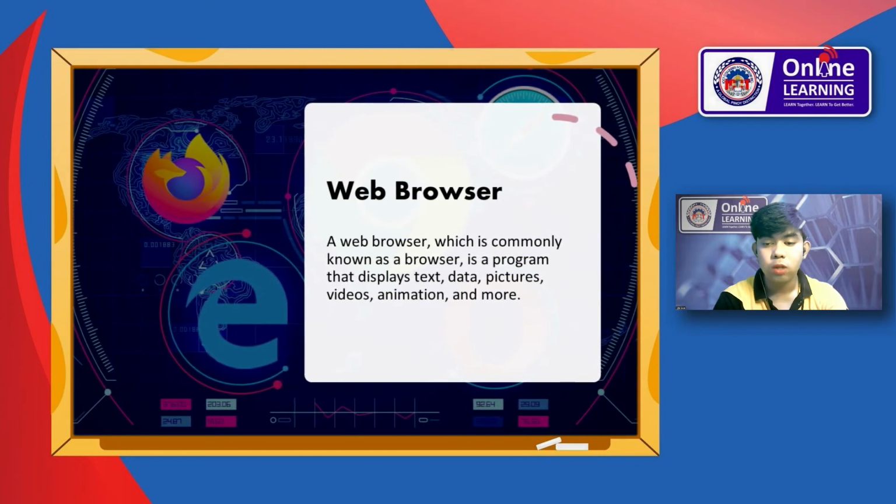A web browser, which is commonly known as a browser, is a program that displays text, data, pictures, video, animations, and more. It provides a software interface that allows you to click hyperlink resources on the World Wide Web. When you double click the browser icon, for example Google Chrome, installed on your computer to launch it, you get connected to the World Wide Web and you can search Google or type a URL into the